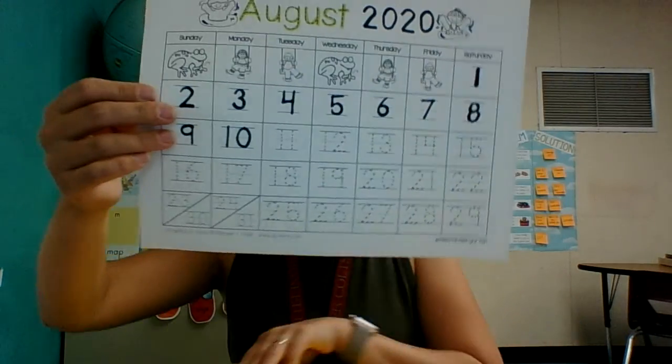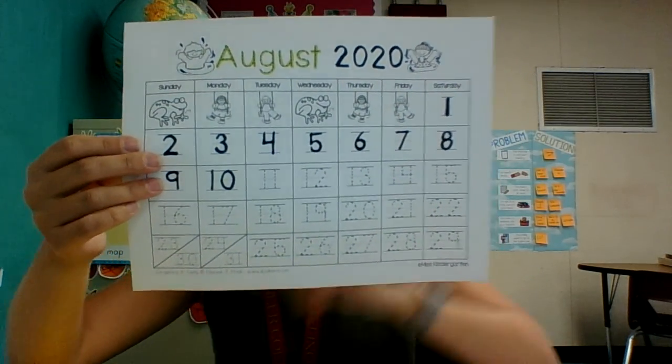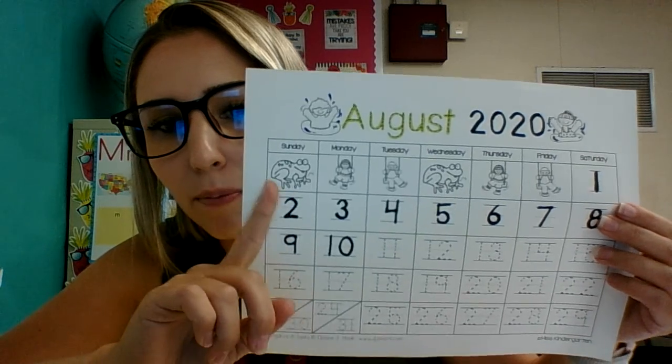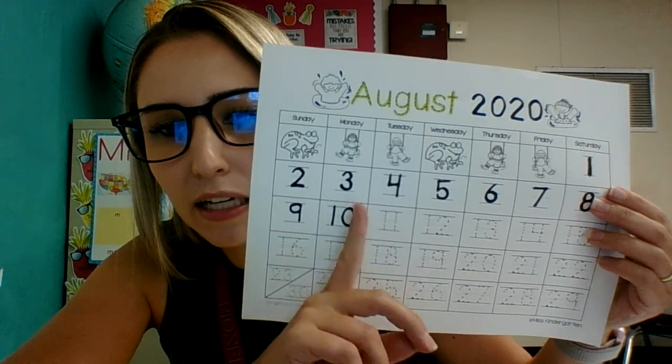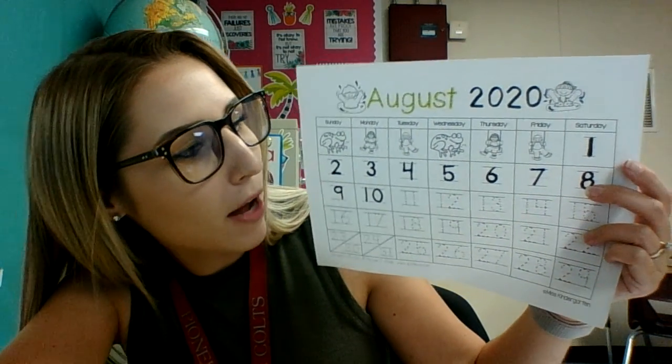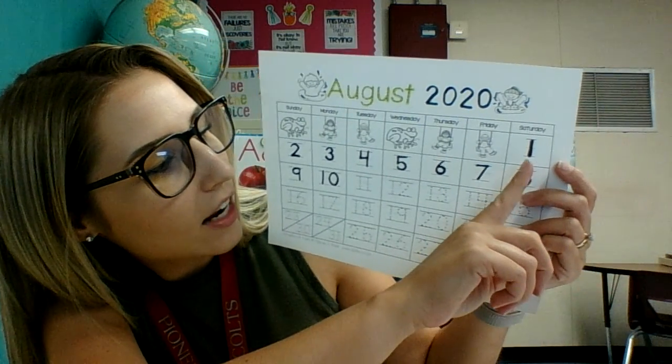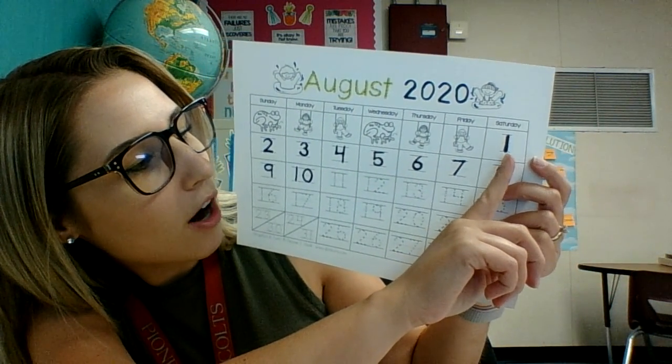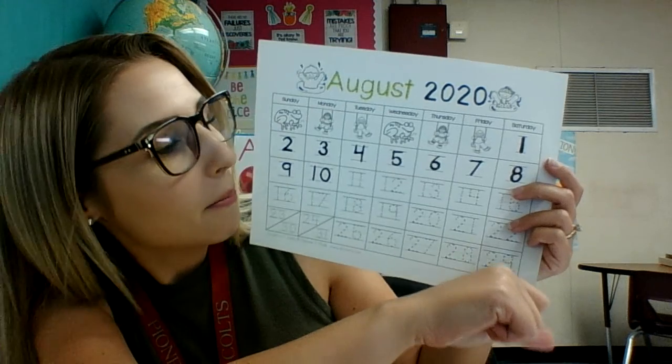Everyone, happy Monday. So we started out our day with our calendar like we always do. In your big blue bag, you had a bright yellow folder, and in there was your own calendar. Your days are blank boxes. Mine have the trace numbers. Yours are blank boxes. So we went ahead and wrote our numbers for every day of August